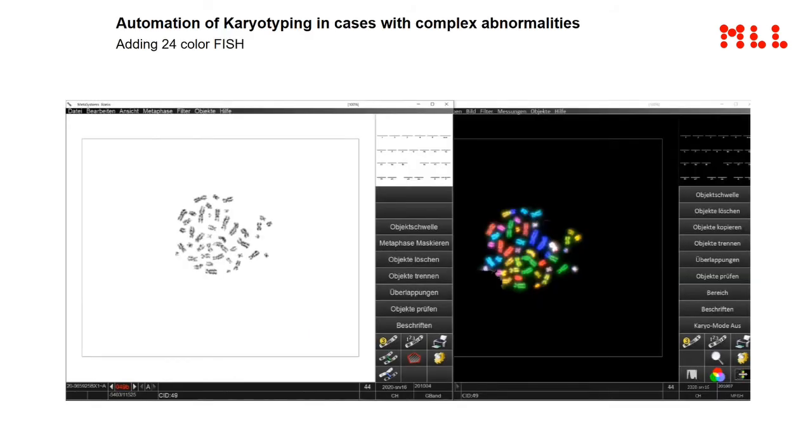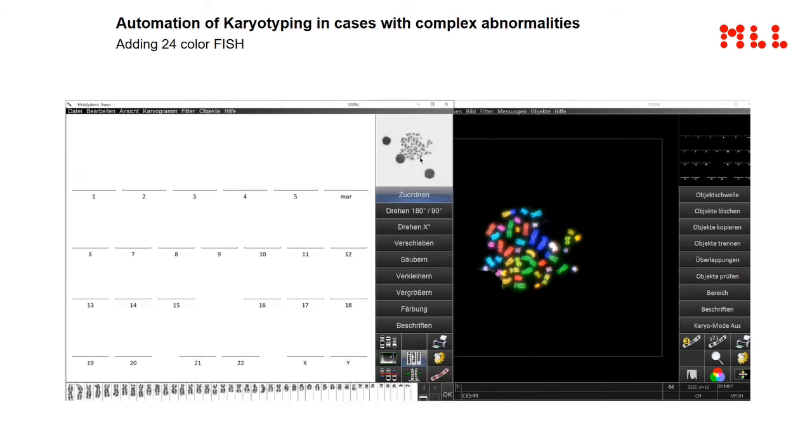We also add this technique to the 24-color FISH procedure, where we have the complex karyotype on the left side after G banding, and on the right side the same metaphase the next day after 24-color FISH pipetting. And what you can see here, first on the left side, is the use of AI to go for a karyogram